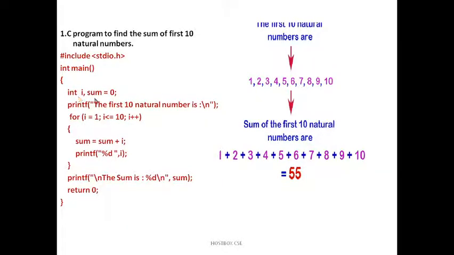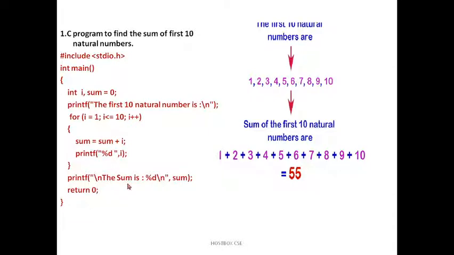I am writing the program, starting with int i, sum is equal to 0, initializing. Then I want to print the first 10 numbers, so I am writing the printf statement. Then the for loop, where I am writing i is equal to 1, i less than or equal to 10, i plus plus. Then I am writing sum is equal to sum plus i. That means the first time the sum value will be 0, it will add 1, and again what happens? The i value is incremented to 2. So 2 is less than 10, so again it will go through the loop, and again it will update to 3, and again update to 4. Whenever the i value becomes more than 10, it stops the process. So at last it prints the i values starting from 1, 2, 3 and so on, and the sum.